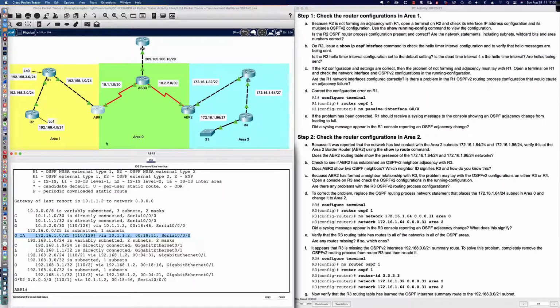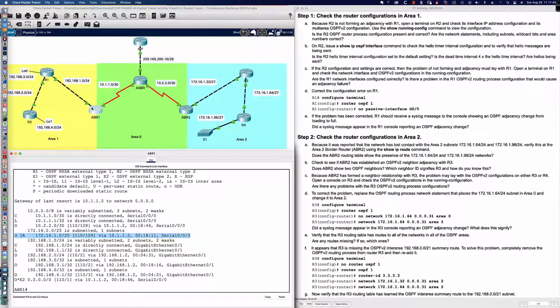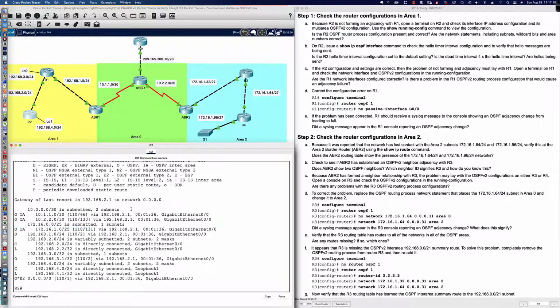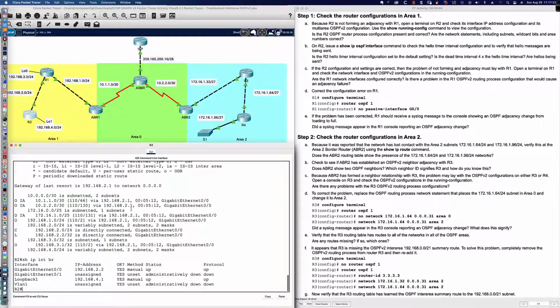It's intra because the ABR has an interface participating in area 1, which is why you see O's for the 192.168.4.1, which is the loopback address, I believe, of router 2. And we can quickly check that with a show ip interface brief. I'm sorry, with a show ip interface brief, and it is